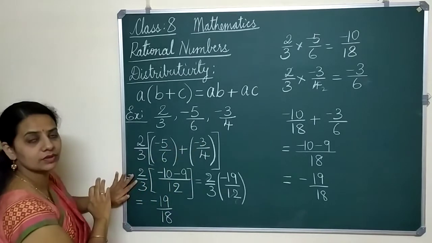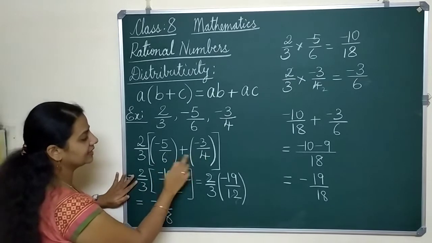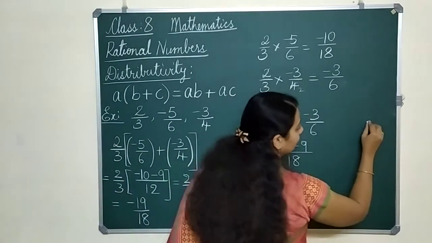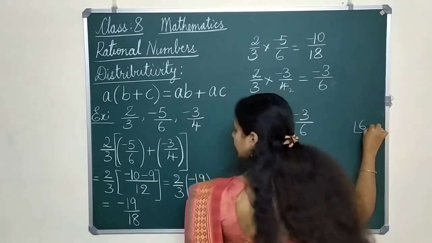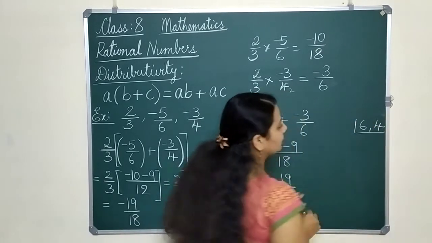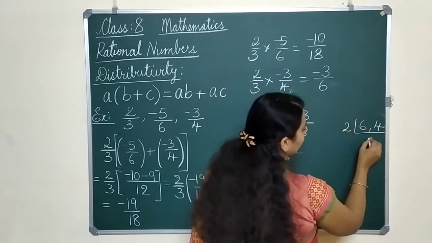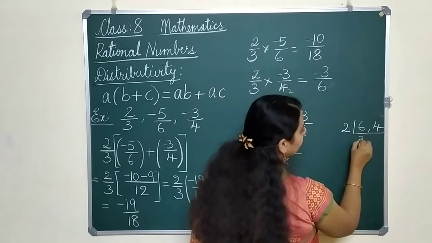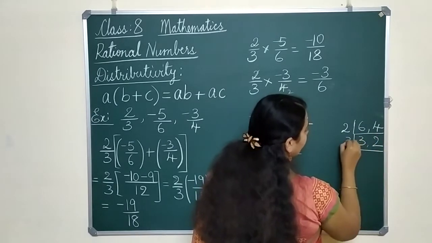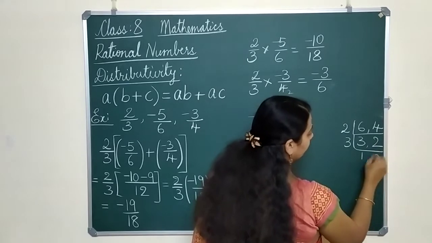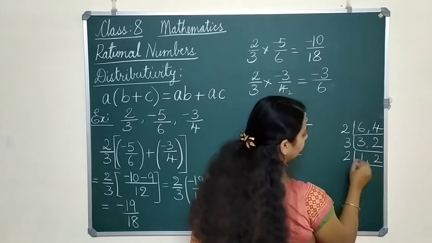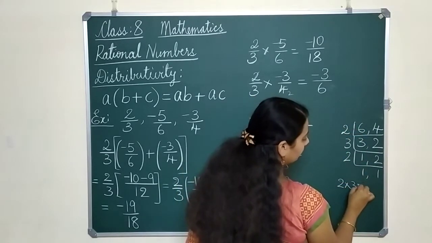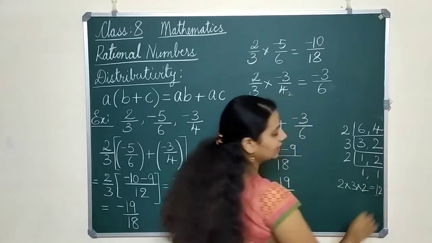two fractions. So you remember children, how do we add? By taking the LCM. The LCM of 6 and 4 is 12. How do we take the LCM? I will just show you once, if you have forgotten, for 6 and 4. So this is how we take the LCM. You have to go on dividing until you get 1 at the end. So how many times does it go? 2 3s are 6, and this is 2 2s are 4. Again 3 1s are 3. The 2 as it is you keep, because it doesn't go in the 3 times table. Then 2 1s are 2. Now you have to multiply these things. 2 into 3 into 2 gives you 12. So 12 is the LCM.